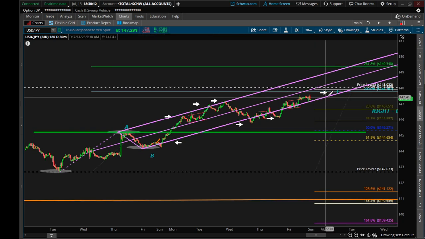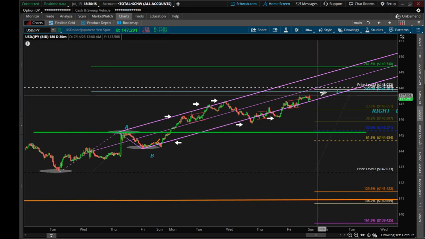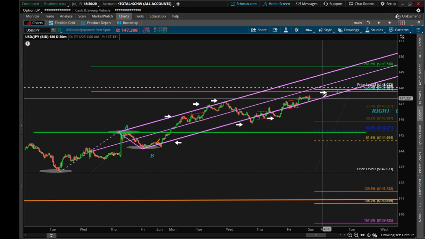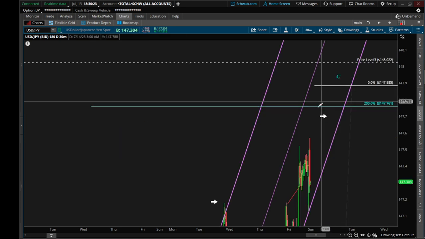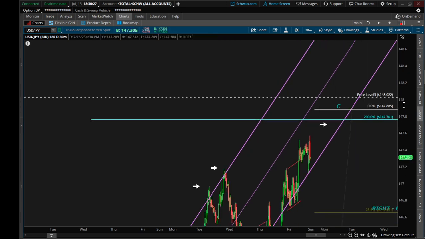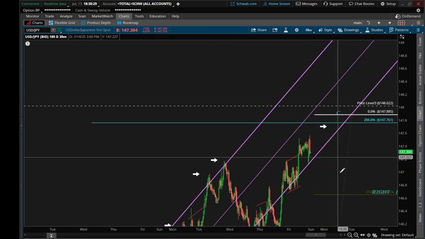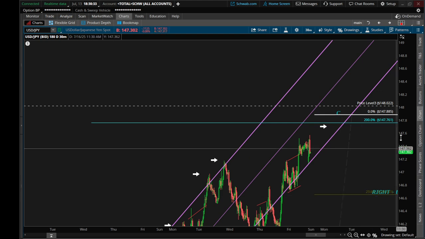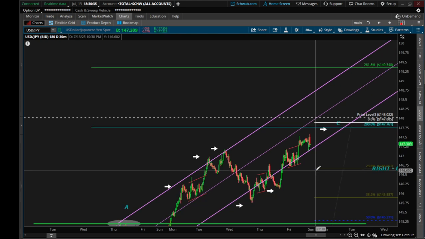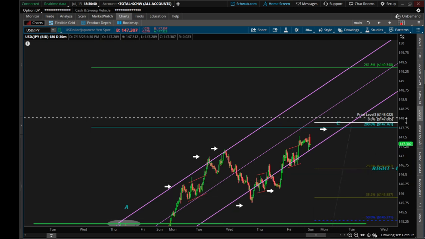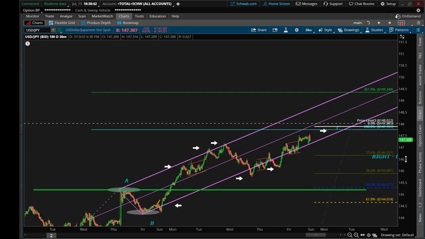Okay, so draw your pitchfork, and that'll help you determine if we're going to break the 200 or if we're going to break the bottom pitchfork. That's what we're looking for, those two factors. So remember, even if we break the pitchfork, we need to have some kind of reaction off of the fibs coming down, 23.6, 38.2, and the 50. Anything past the 50, maybe start looking for a trend change. All right,